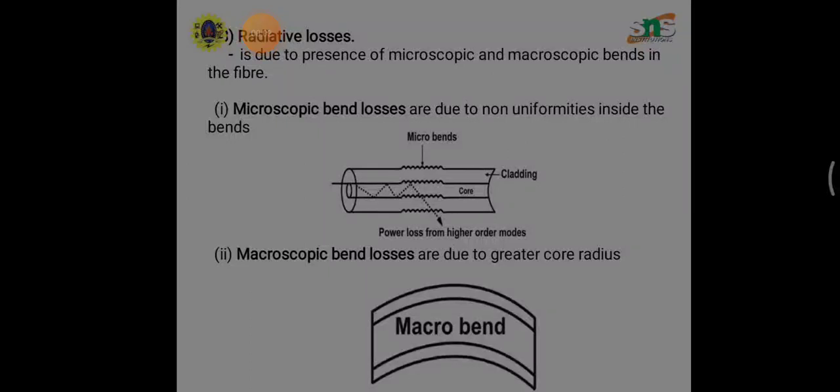So welcome. So now we discuss radiative losses. Radiative losses occur whenever an optical fiber undergoes a bend of a finite radius of curvature. Fibers can be subjected to two types of bend: macroscopic bends having radii that are large compared to the fiber diameter, and random microscopic bends of the fiber axis that can arise when the fibers are